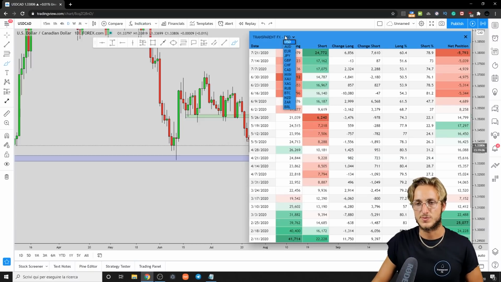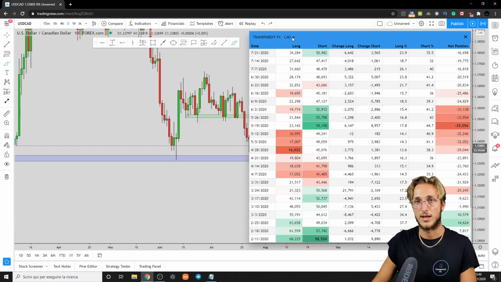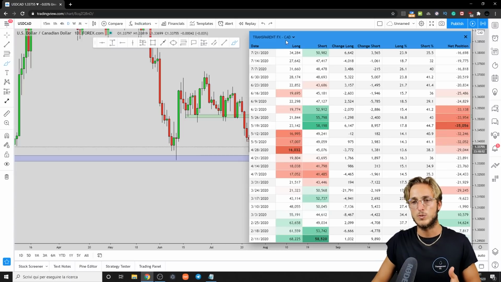Now, from a COT perspective, if we check the data for the CAD, and by the way, if you don't know what the COT data is, it is the commitment of traders. So basically what the biggest banks and institutions are currently doing in the market and how they are positioned. Now, if you check the data for the CAD, what you're actually checking is CAD USD, because all currencies on the spot are traded against the USD. So if you check the data for the CAD, you're actually checking CAD USD. So if you want information on USD CAD, we just check the data for CAD USD and then we reverse